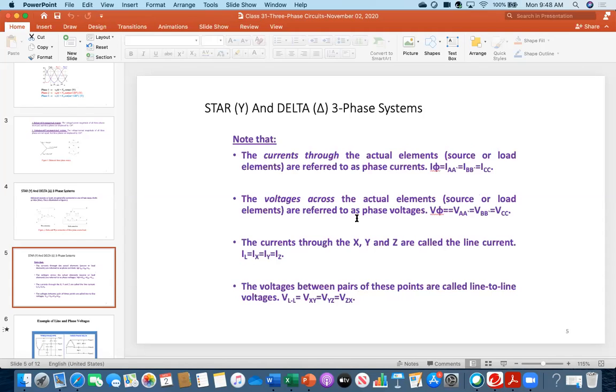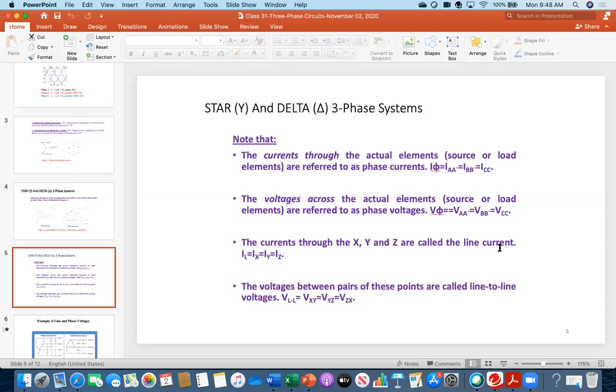The voltage across actual elements is referred to as the phase voltage. So everybody, very seriously concentrate on this terminology: phase voltage and line to line voltage, phase current